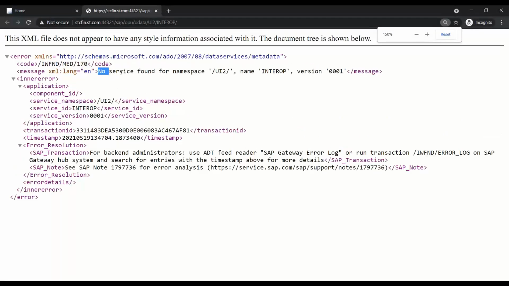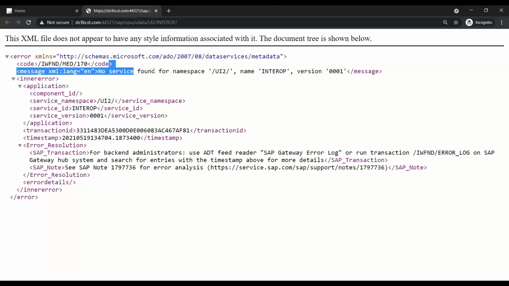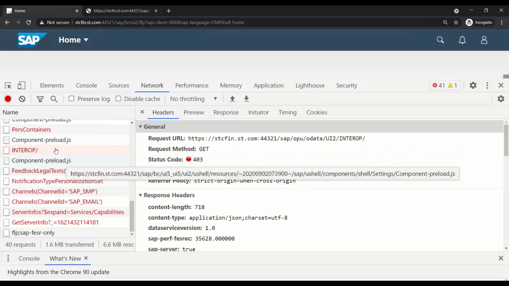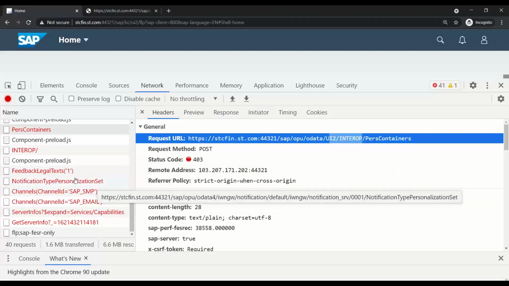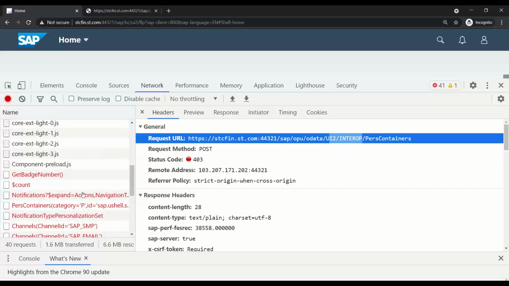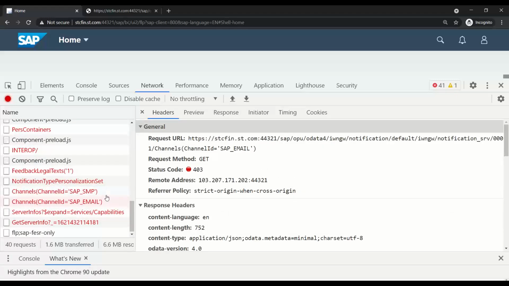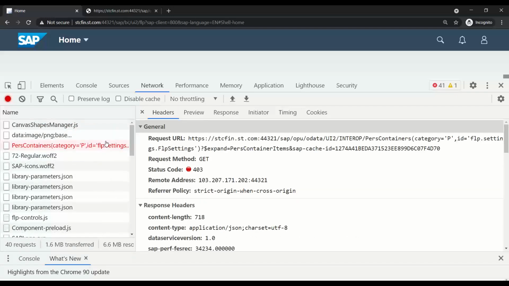You see the service is not found in the namespace UI2 interop. The service itself is not found. Yeah, that's the error Alex is getting. It's a fresh system, moreover he's a fresh user. The second, if you see the page container, again the interop service is failing, and that's the main issue why nothing works in the system. So point one, no matter what authorization Alex has,